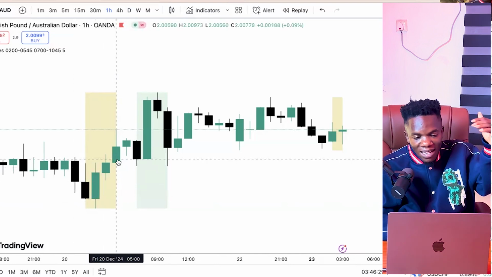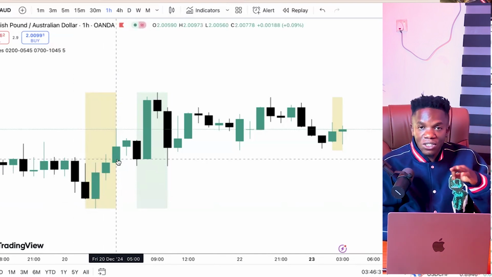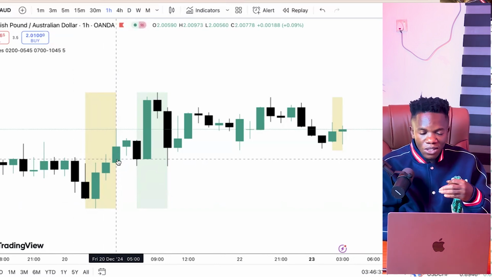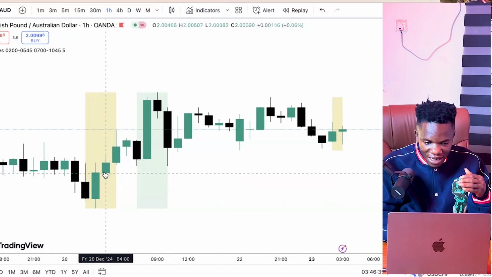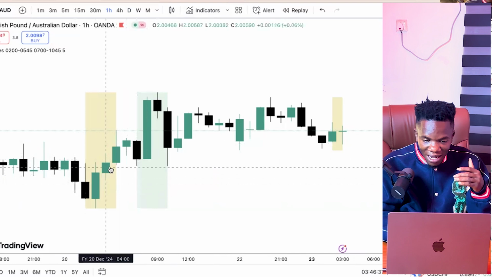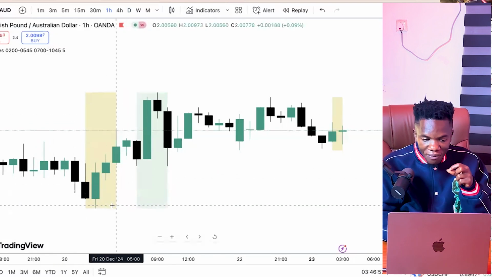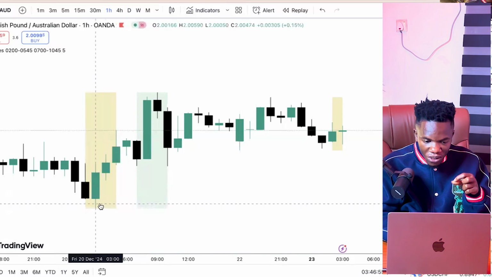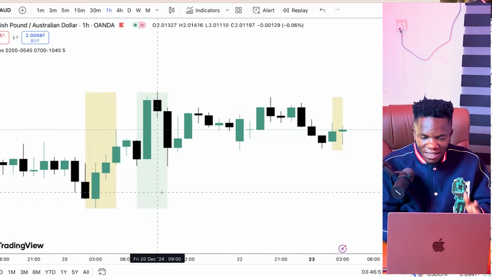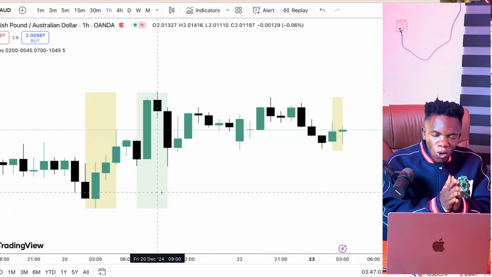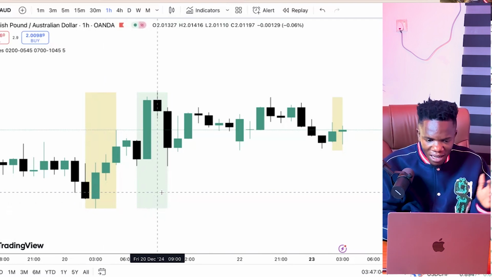If you want to keep stacking, I've told you guys it depends on the price action of the day, the nature of price action. There are days you stack. For example, if you stack these days now, you're going to make money. Just keep stacking to the end of the day. But the amazing skill is that the low of the day is formed inside this London key zone. You can't just come to the market the day you want to flip an account and just jump on the market. No, make sure the low of the day is formed. And I'm going to show you guys how to go about it.